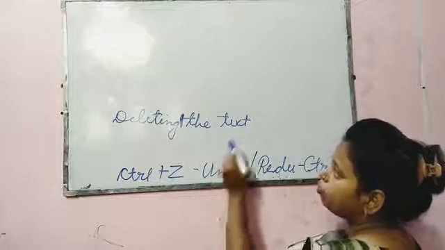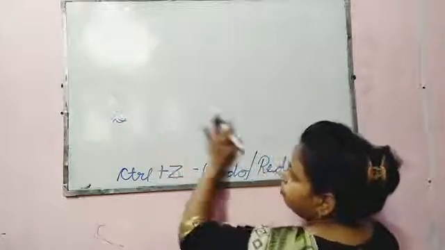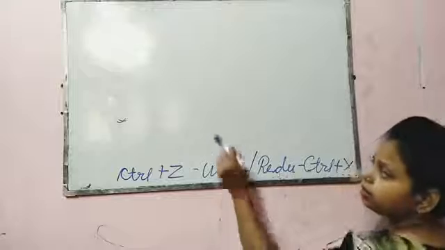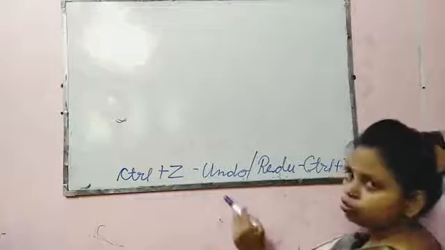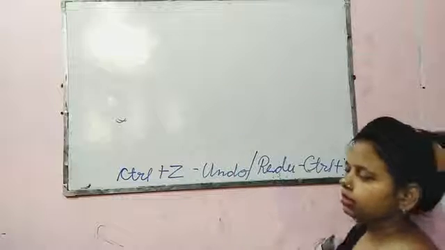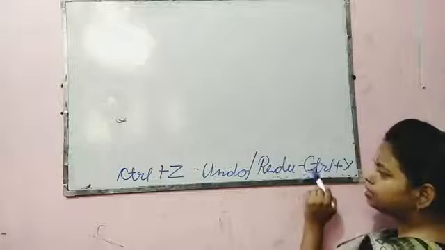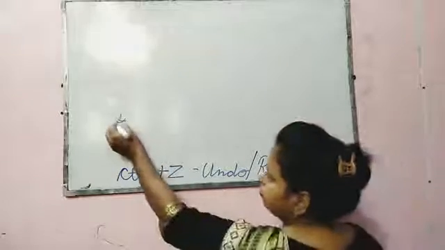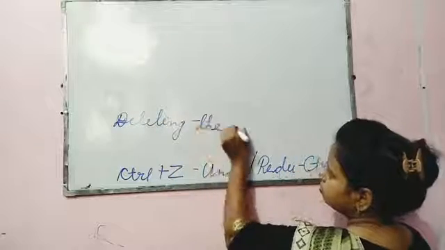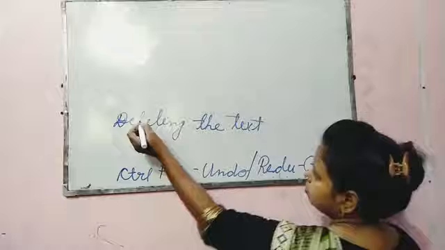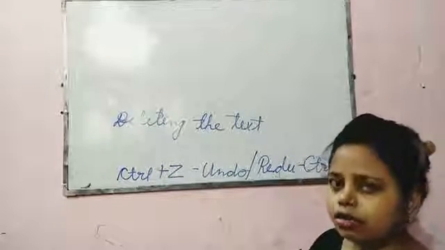So when I press undo, this one is deleted. This is my last action that I have performed, so I will use undo, and my last action is deleted. Now to reverse the last action of undo, when I press redo, then this line will come. Okay, this is for undo and redo.